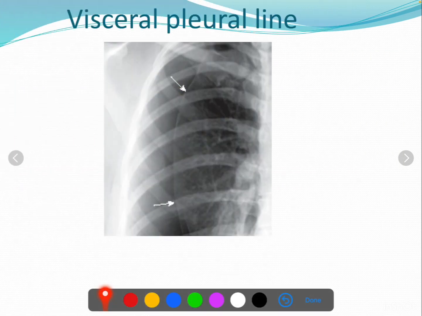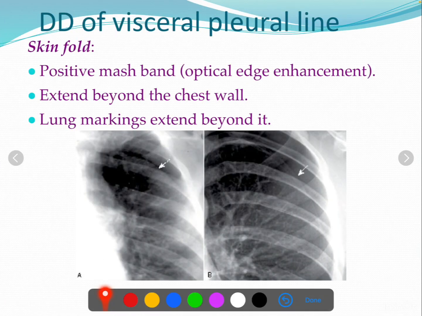So again, we can see what is the visceral pleural line. So this is the visceral pleural line, which can easily be seen, and this is the lung. This is the pleural space, and yeah, very very important. So there is no vascular marking after this visceral pleural line. Very very important. So yeah, after that they are talking about what is the differential diagnosis of visceral pleural